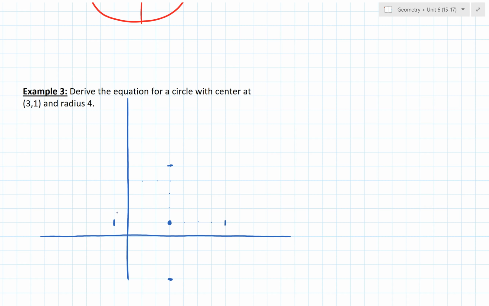Okay, so I'm going to go ahead and I marked my center at (3, 1), and then radius 4 means I'm going to go 4 in each direction. So I'm just going to roughly draw a circle that would go through those points. Okay, and then if we pick any random point on the edge of the circle and call it (x, y),